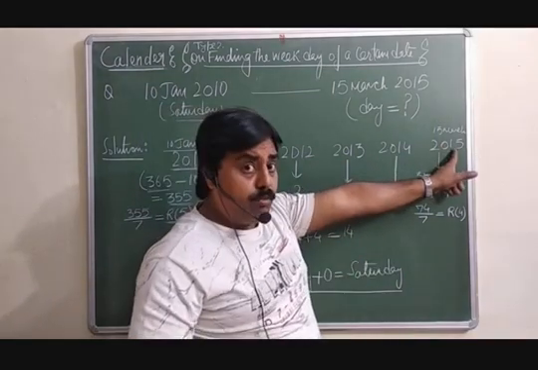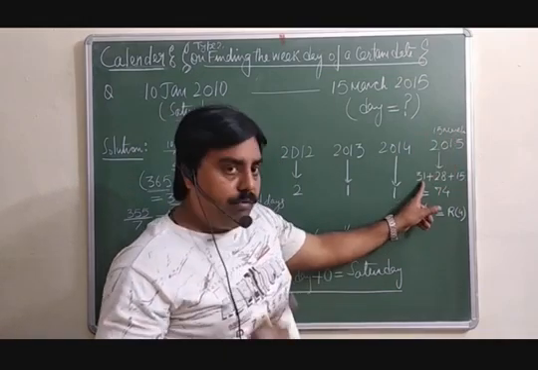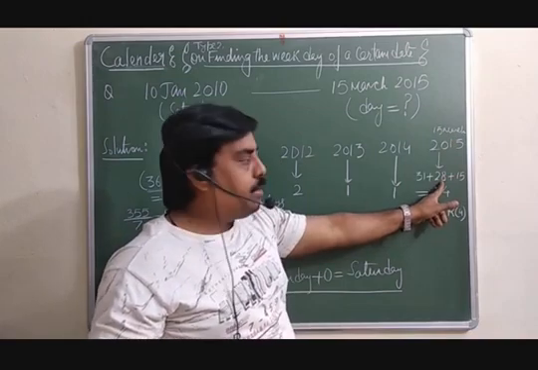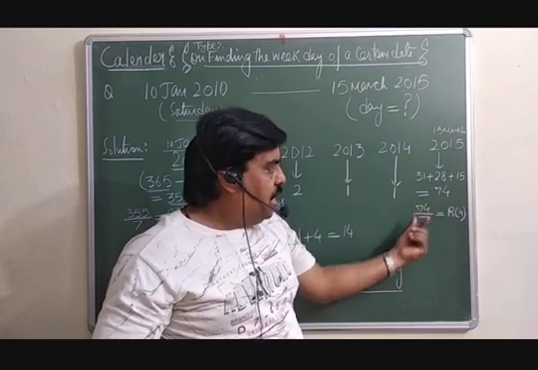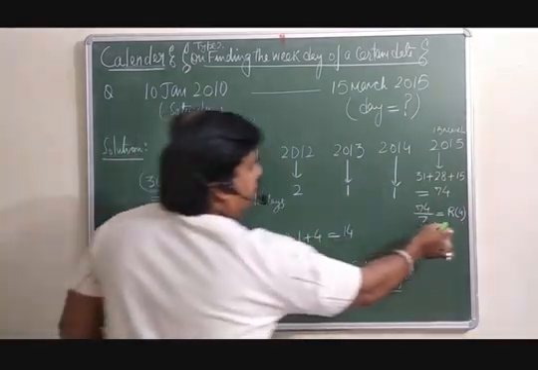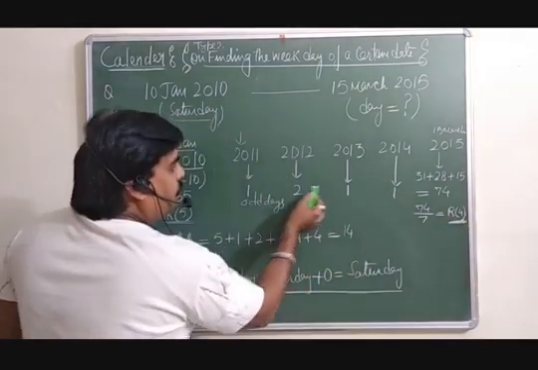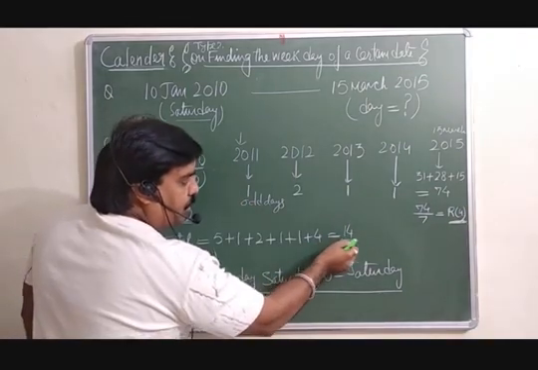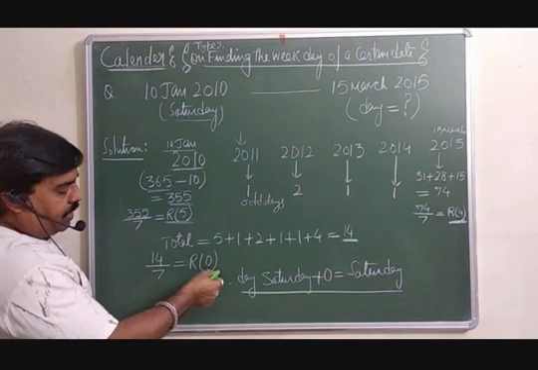Now in this month you must first count the number of days. On the 15th March: January has 31. This is a non-leap year, so there will be 28 in the month of February, and 15 days in March. So 74 days are there. Divide by 7, you will get remainder 4. These odd days you are supposed to add, so your total is 14. That 14 is again divided by 7, so your remainder is 0.